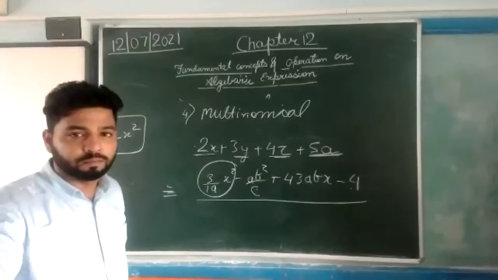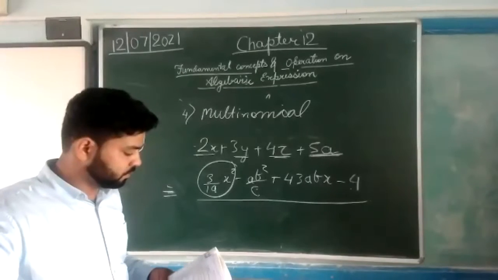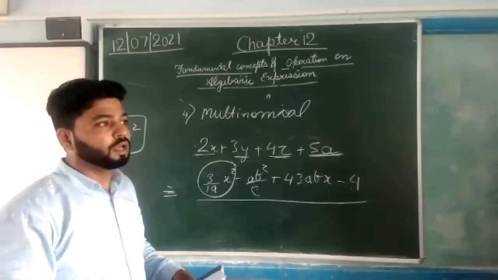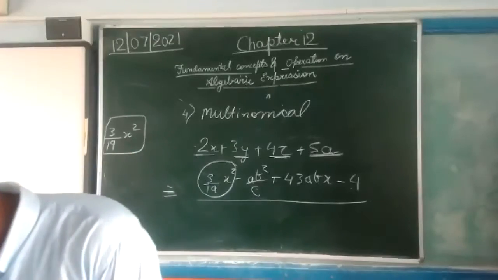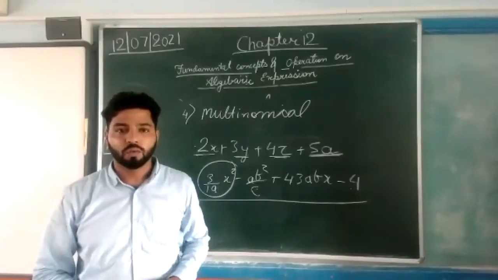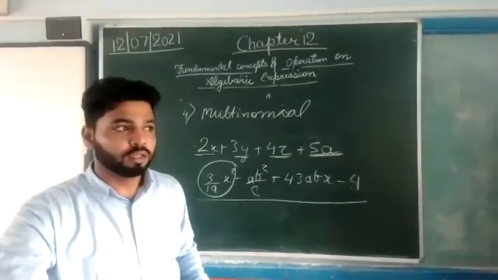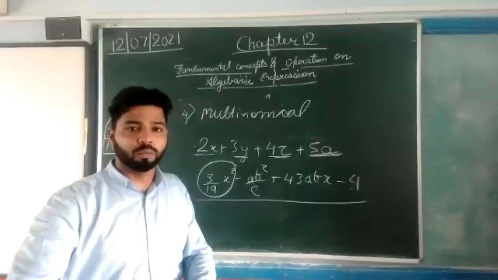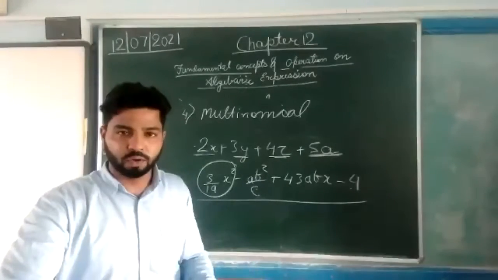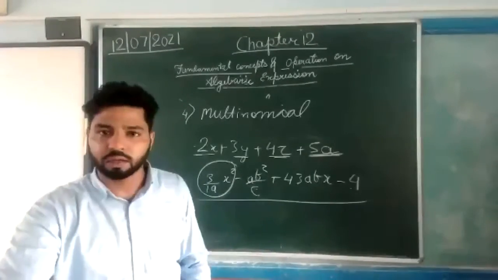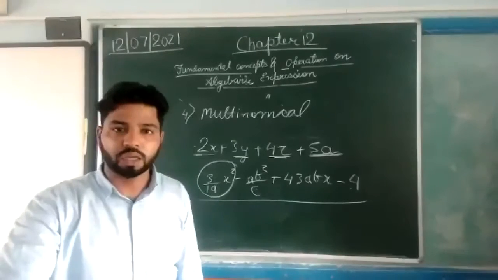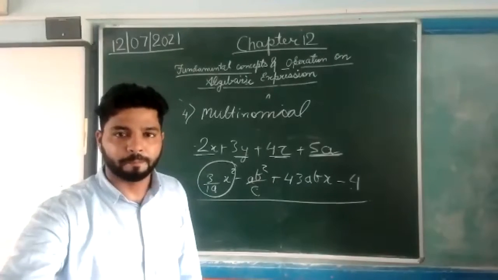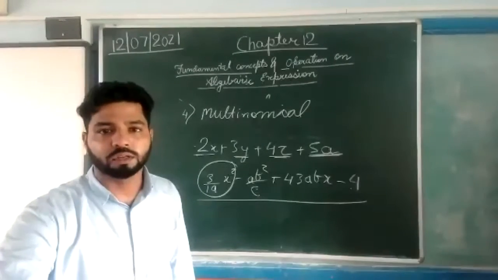But here it is written that binomials and trinomials are also multinomials. As there is, let's suppose, a polynomial. What is the definition of a polynomial? That is an extended expression. So in that polynomial, monomial, binomial, trinomial, all are included. So we can use the word multinomial for that. Okay. Yes, Rudransh, tell me.